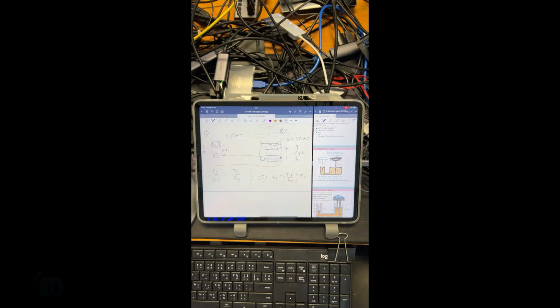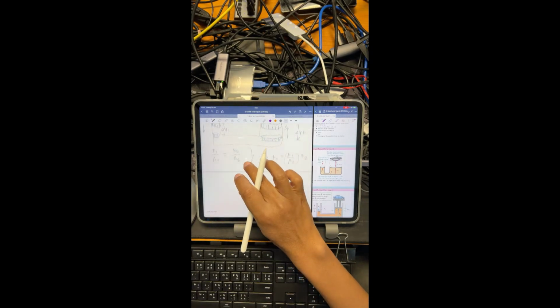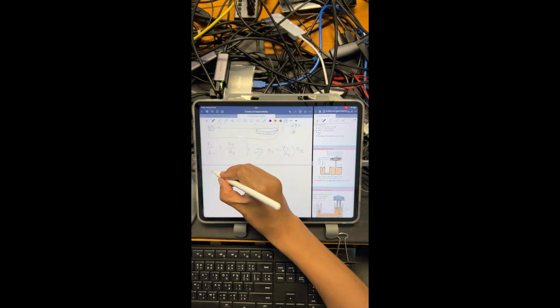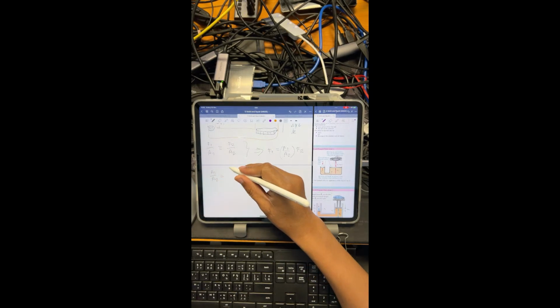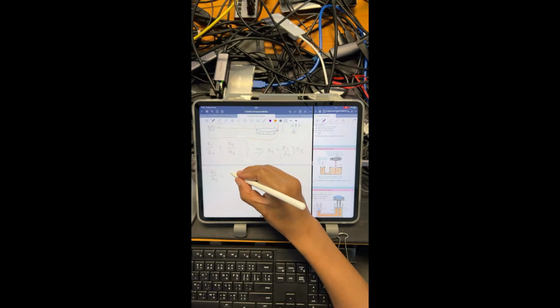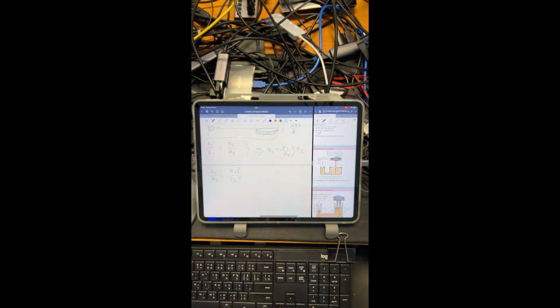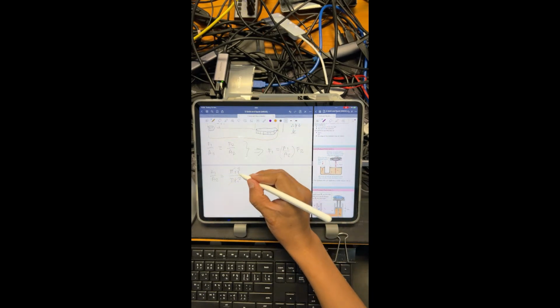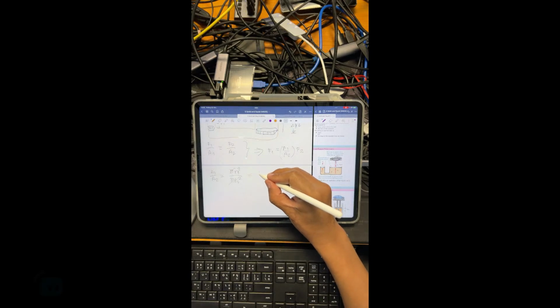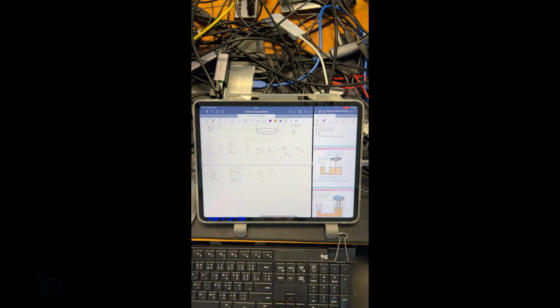And let's consider the ratio of the cross-sectional area. A1 by A2 is equal to pi R1 squared divided by pi R2 squared. And of course, we can cancel the pi from each other, and we have here (R1/R2) squared. Okay, we have the ratio of A1 and A2 like that, and now let's substitute